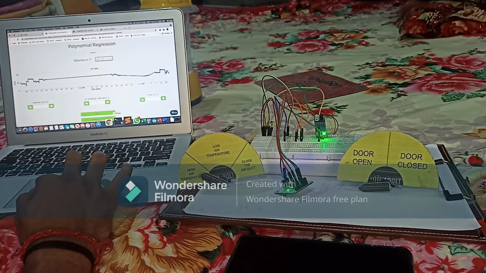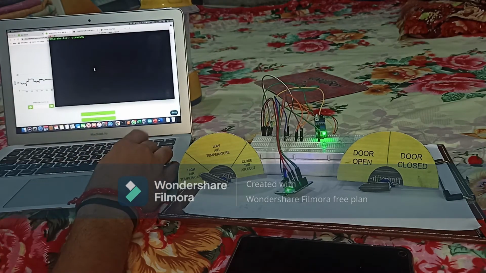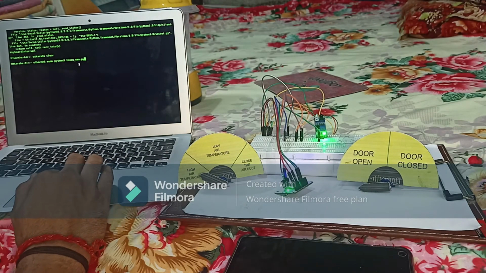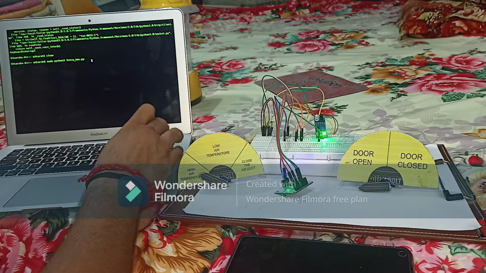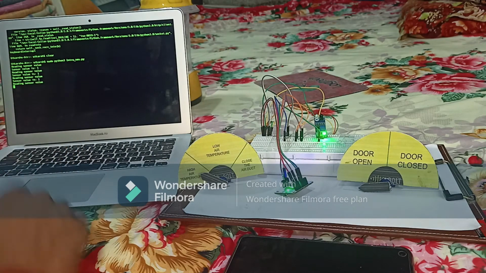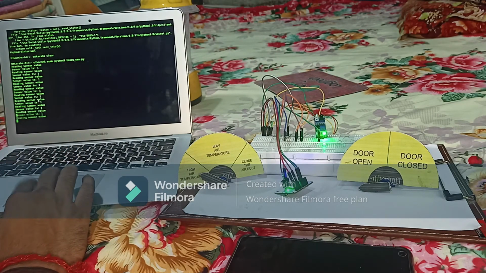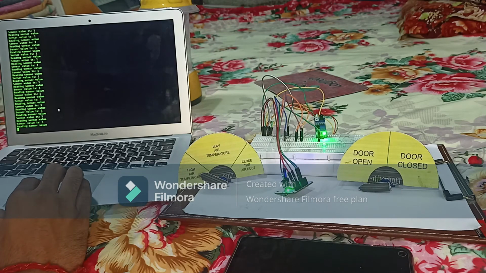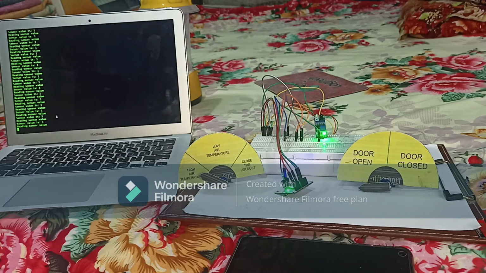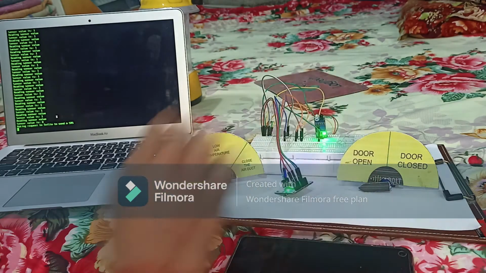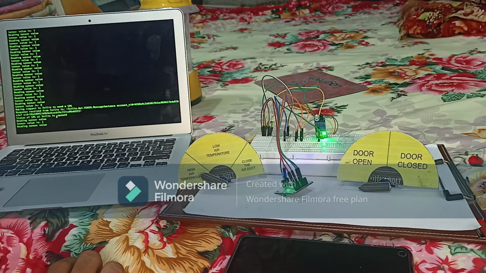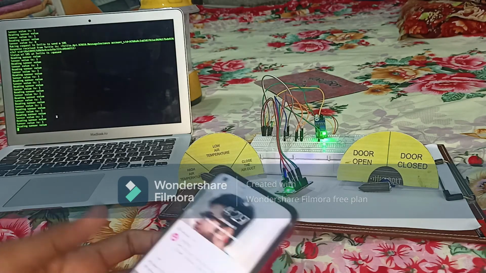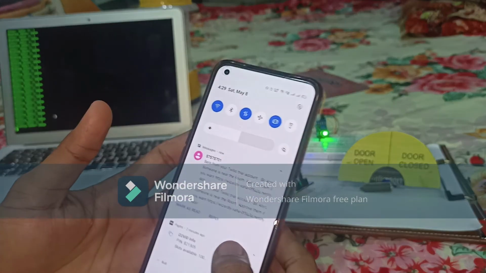For that, first I need to open my shell and type the command, sudo python intro sms.py, and after hitting enter it will give me the readings. It is showing reading sensor value, and the sensor value is 1. As soon as I place my hand over the sensor, you can see it is making a request to Twilio to send the message, and let's check, I got the message,